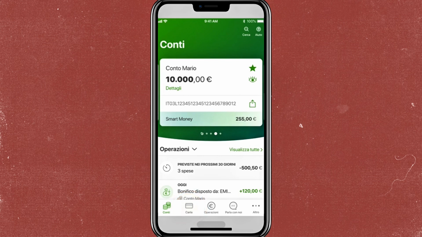So the first step that you have to do is open the application and log in using your PIN or fingerprint or even your Face ID or any other security method that you have set up. Step number 2 is from the home screen or menu, you just have to find and tap on the payments or transfers. So it's usually this one in the middle, and after that you just have to select